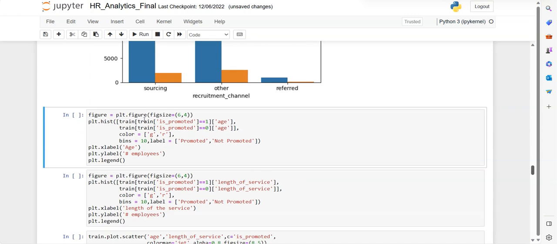And is promoted versus age. So age is numerical, so we cannot apply a count plot on numerical data. So we can go for plotting a histogram. At first we are specifying the figure size 6,4 and then having a histogram on age and also filtering